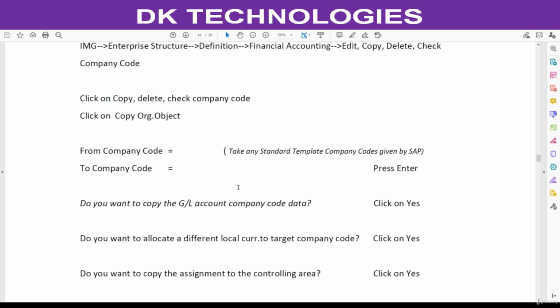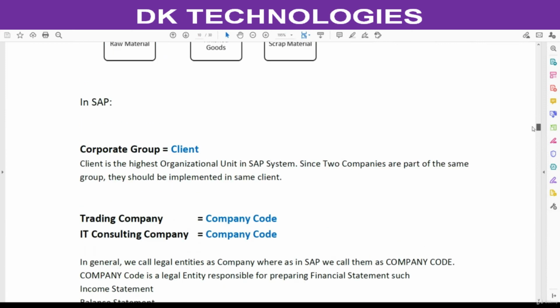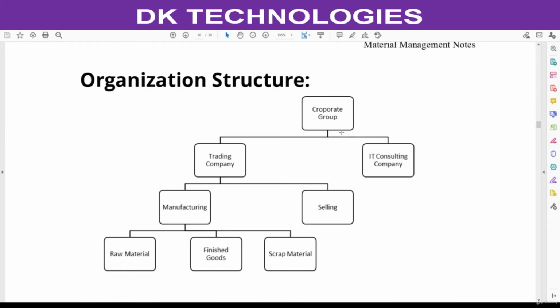Go to the configuration. See, there are two types of configurations available. One is at the client level, another is at the company code level. Understanding the organization structure we discussed, under this corporate group we have two company codes, a trading company and an IT consulting company. If any configuration is done at the corporate group level, that is applicable for all the company codes within this group. So coming to the configuration, if any configuration is done at client level,